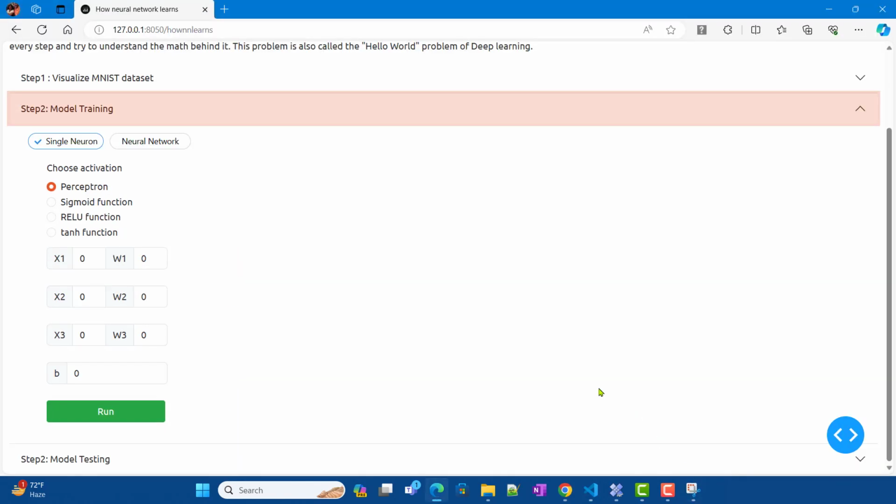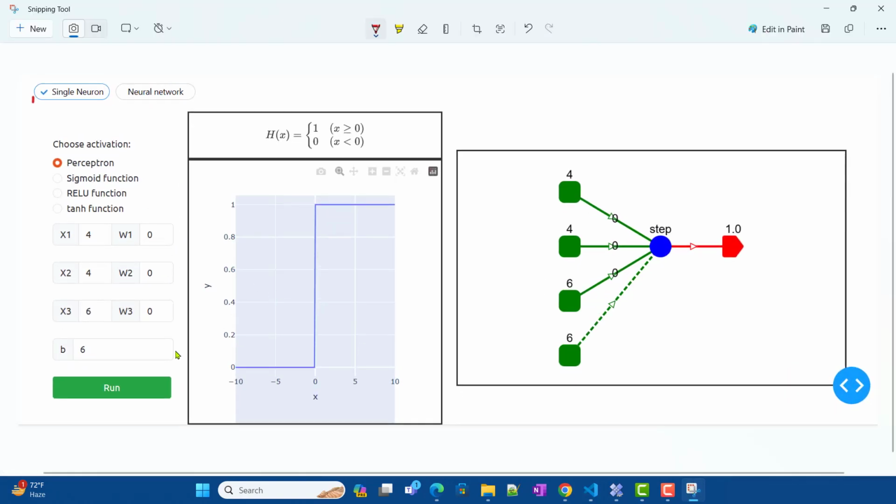So let us stop over here and continue in the next video. I do not want to make this particular video very long. In the next video, we will talk about how to create the graph based on the activation function selected over here, as well as probably how to create a basic equation in